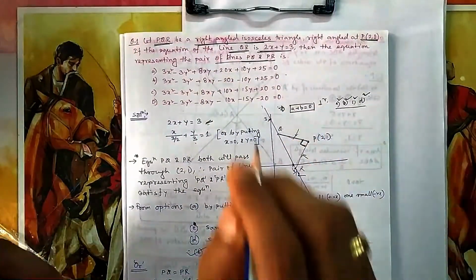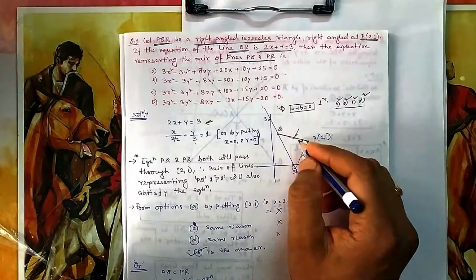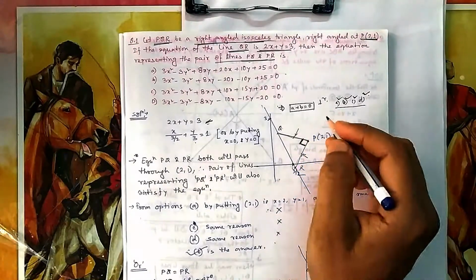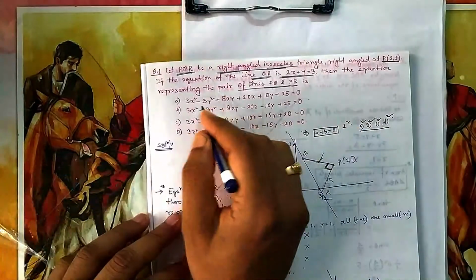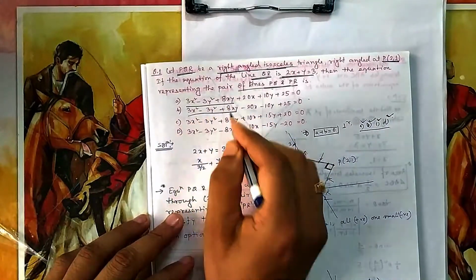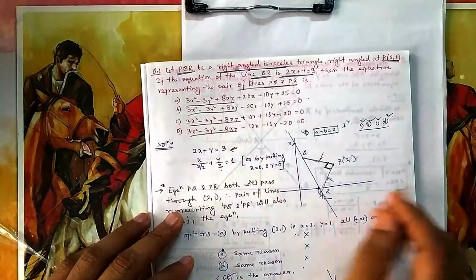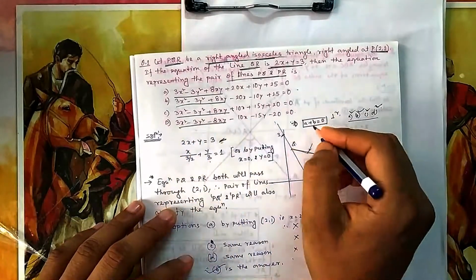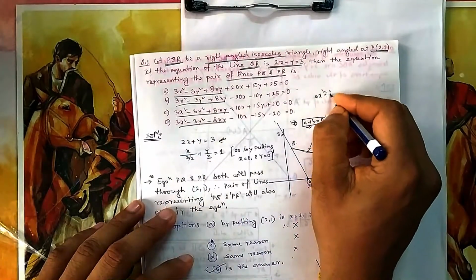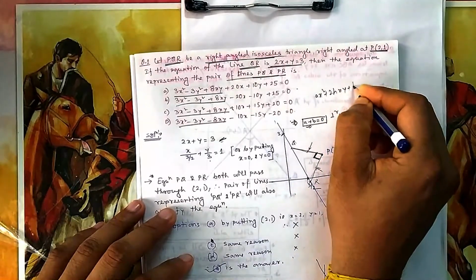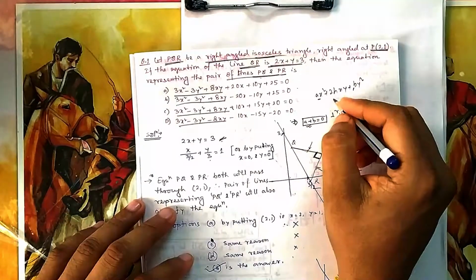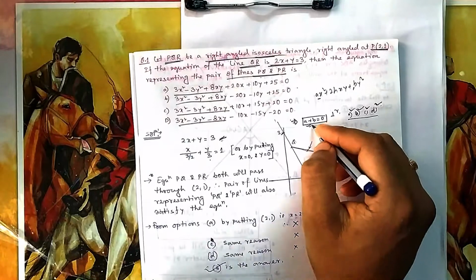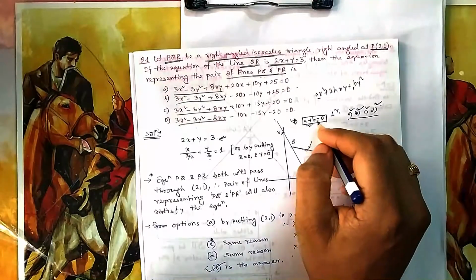The first thing that should come to your mind when you see these two lines, the pair of lines, is that they are perpendicular to each other. What is the representation of a pair of lines? If you see the options, look at the homogeneous part only, because from the homogeneous part we can directly find the slopes. If the lines are perpendicular, then what was the formula? a + b should be equal to 0. The equation was ax² + 2hxy + by². The angle formula was 2√(h² − ab)/(a + b), so if it is perpendicular, it should be infinite. That's why the denominator a + b should be 0. You can check that theory. So a + b = 0.